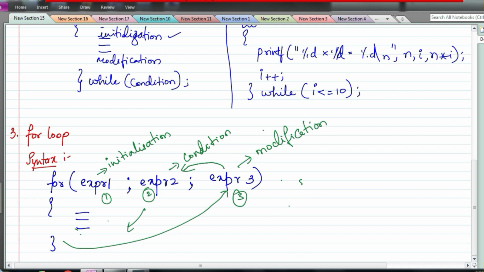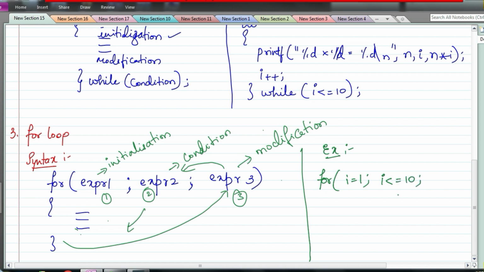Okay, so I will give an example. Like I told you, it is a compact version of your while loop, so I am going to give the same example that we took for while loop. So here in while loop, what I had written before, I equals to 1 was written before the while loop, right? So here I am going to write it here, I equals to 1. Then there was a condition that you mention inside while or do while and all that. So that condition we have to write here, I less than equal to 10.